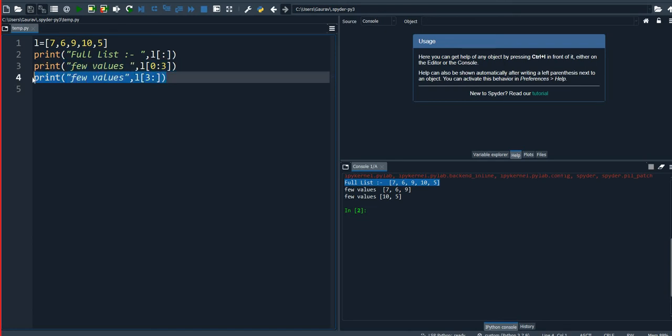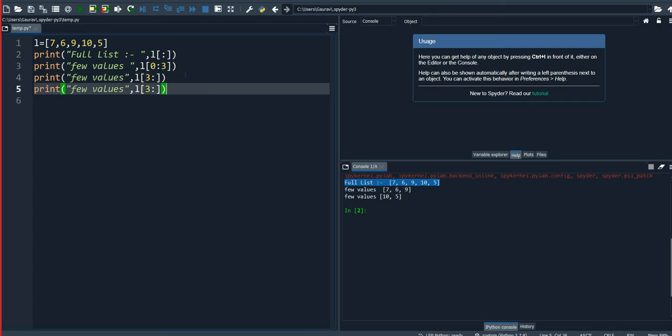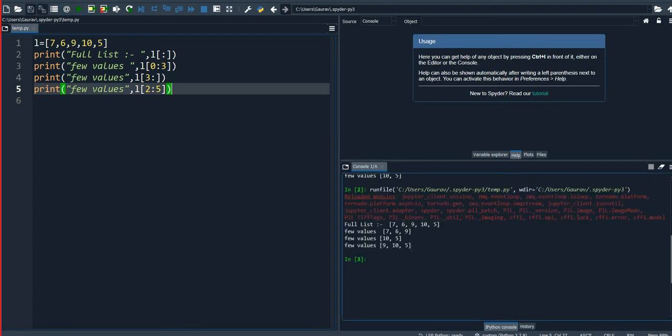Now here suppose that I define in a different manner. Now see, if I define 2 and 5, 9, 10, 5. I have defined 5 values, but from the second location only 3 values are there. Second location means 0, 1, 2.